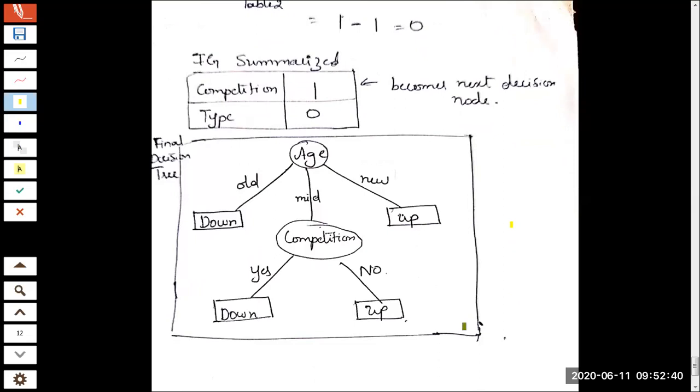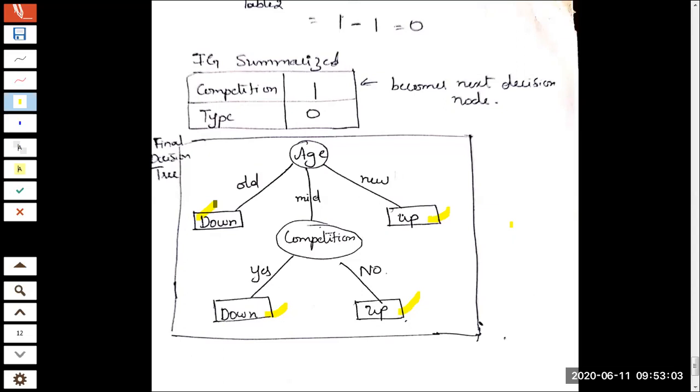Okay. So this is the final output that I just now demonstrated. We have information about the class label or leaf node. So no doubt about it. That is fourth column. Regarding the fourth column, we have clarity. And regarding the column number 1, 2, 3, that is age, competition, and type of product.